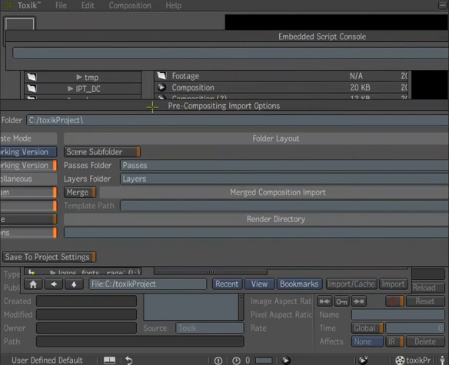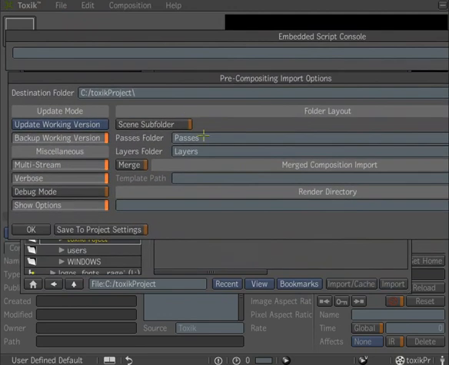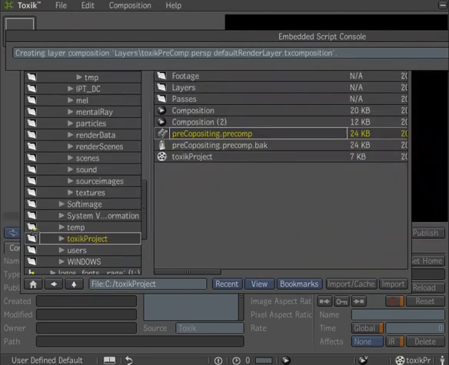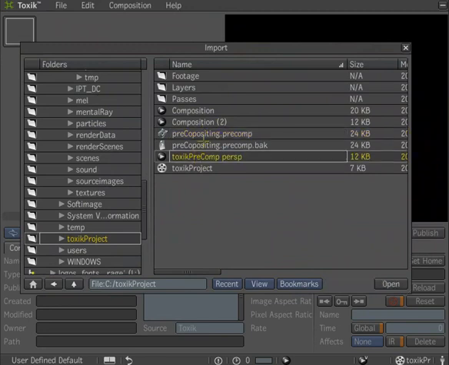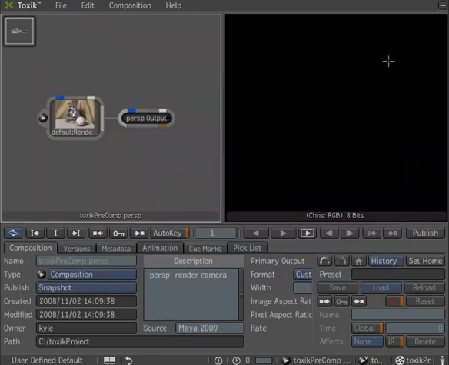All right, now once we do this, it's going to open this window where it's going to ask us to define a folder that it's going to create for the render layers and the render passes. We'll go ahead and just leave everything set to default, hit OK, and now it's going to go through the process of building this up. And now, once this process happens, you'll see it generates a new comp for us called Toxic Precomp. You'll notice that this corresponds to the name of the anchor that we set back in Maya. So now we can take this Toxic Precomp, open this guy up,